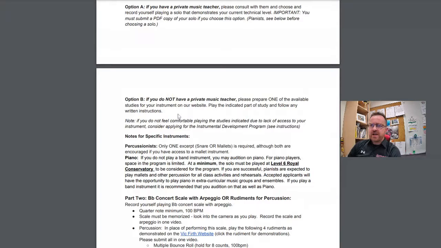Option B, if you do not have a private music teacher, please prepare one of the available studies for your instrument on our website, and I'll go over those in a second. Play the indicated part of the study and follow any written instructions. And if you do not feel comfortable playing the studies indicated due to lack of access to your instrument, consider